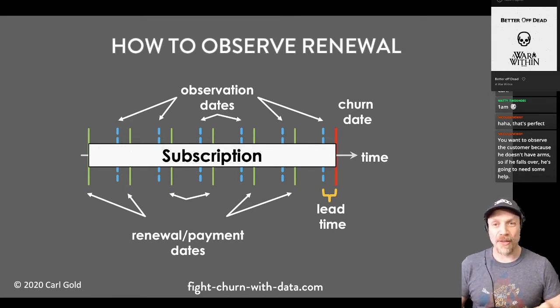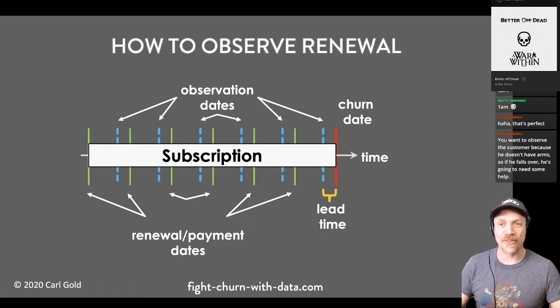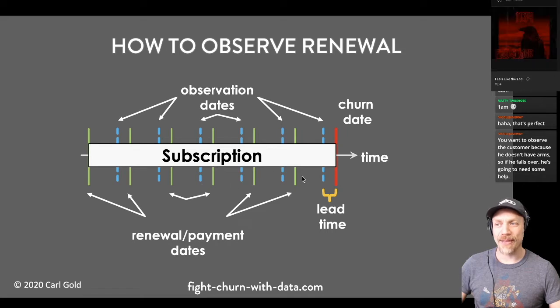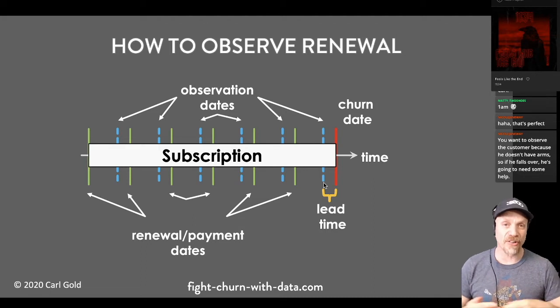And you basically can just pick a lead time before the renewal. So imagine these are monthly subscriptions, and this person's renewing on every green line. That's their monthly renewal or payment. And then the red one is the one where they cancel, and assuming their subscription goes up to the end of the last period. So if you were going to observe that churn, you would observe them like 1 week before the payment. Or if it was an annual subscription, you might observe them 1 to 3 months before the